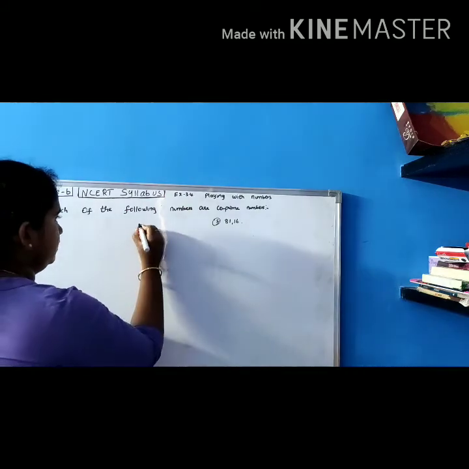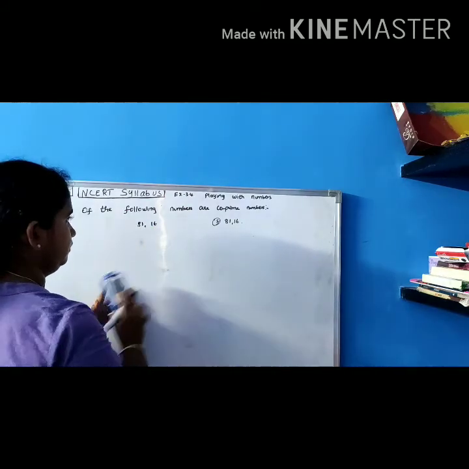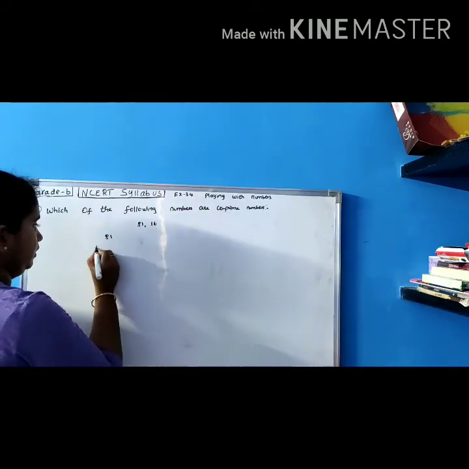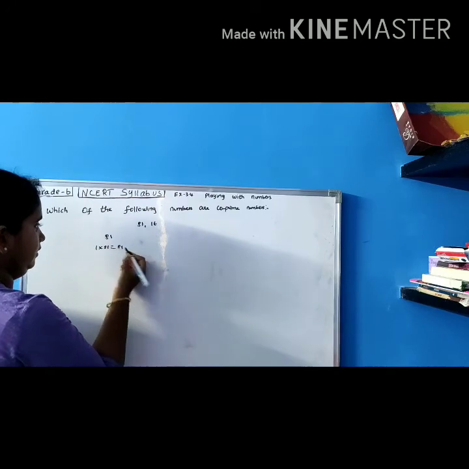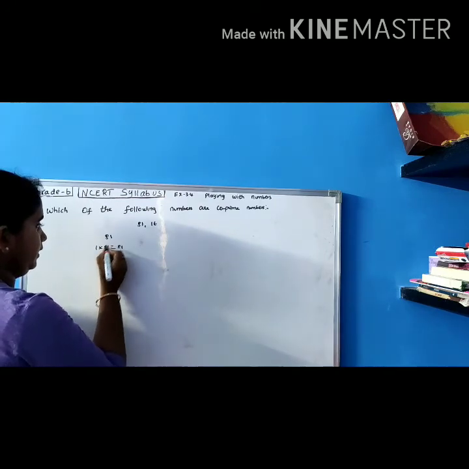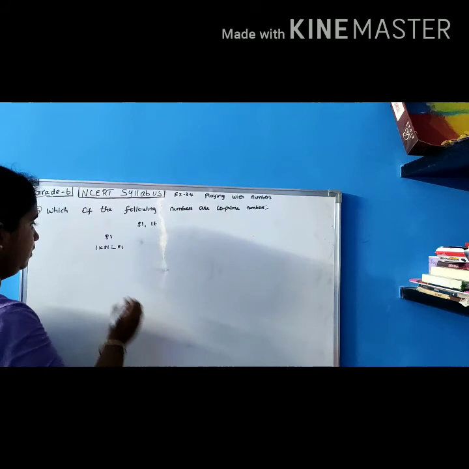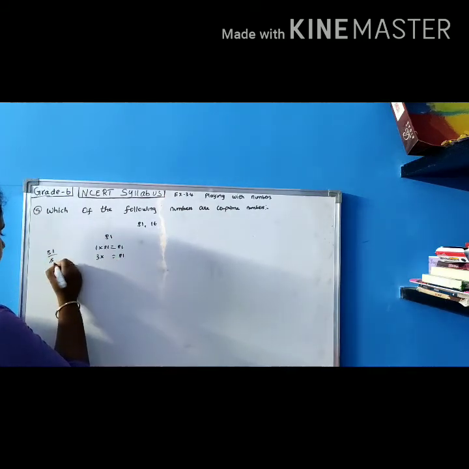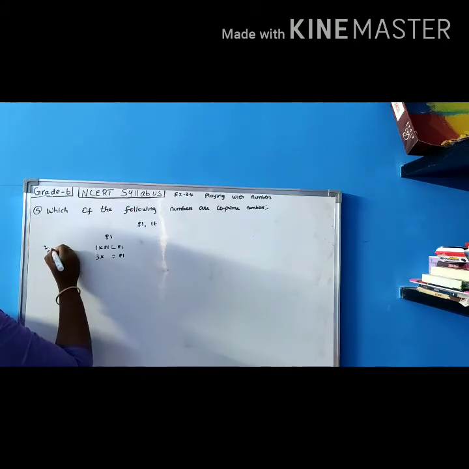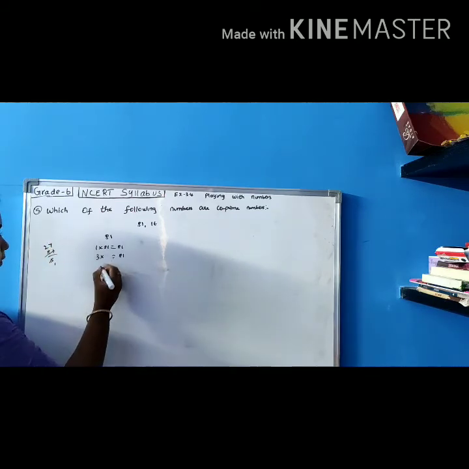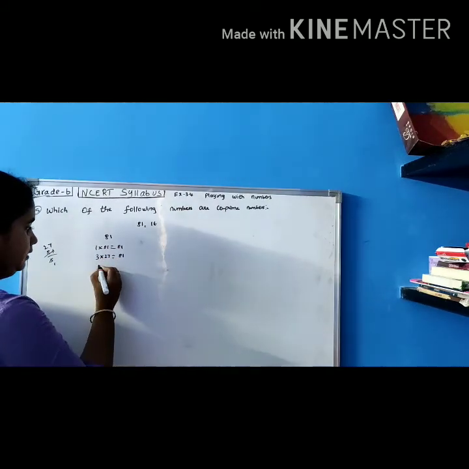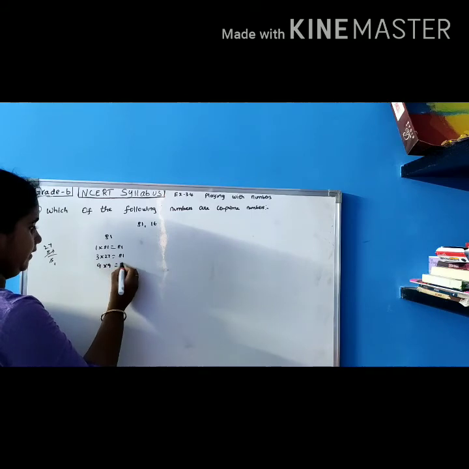Next one is 81 and 16. 81, I am taking 1 into 81 is 81. Then 8 plus 1 is 9. It will go in the 3 table. 3 into what gives you 81? 81 divided by 3. 1 3 is 3, 2 3s are 6, balance 21. 7 3s are 21. 3 into 27 gives you 81. Then 9 9s are 81. Okay, 81 into 1 is 81.